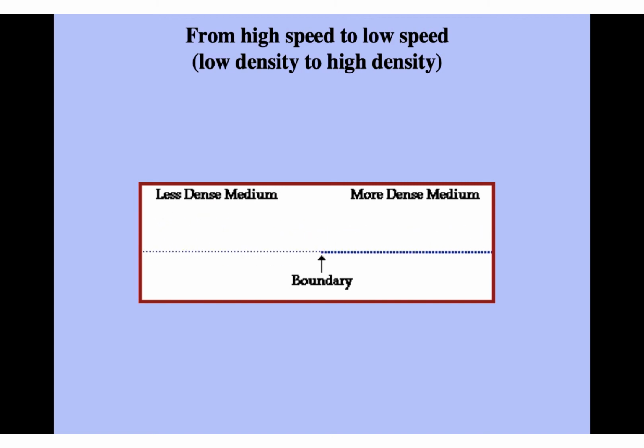Now, this is just another picture of the medium, this little line here. Think of this as a medium. It could be two ropes tied together, or two springs tied together, anything like that. We have a denser one here and a lighter one, and we're going to see what happens when the light strikes and hits the boundary in between.